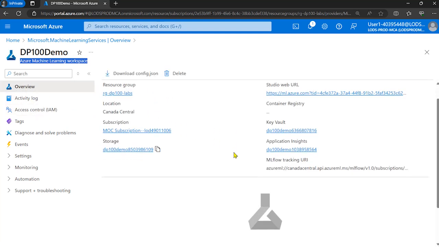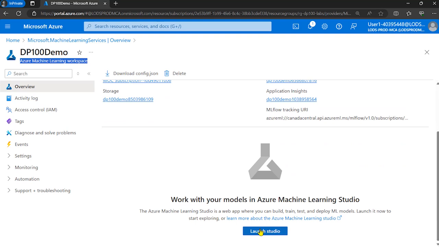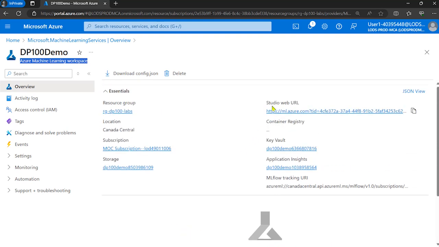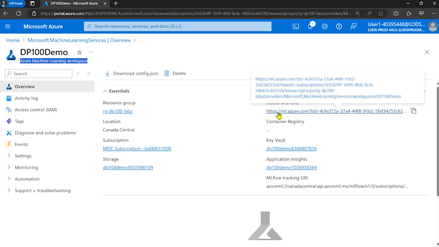On the overview page, coming back to it, like I was saying, the Studio interface is the one that we tend to use the most, the Azure Machine Learning Studio, and that'll take us to another interface. I do want to point out that this is just a URL really, and the URL is right up here, right? The Studio web URL is